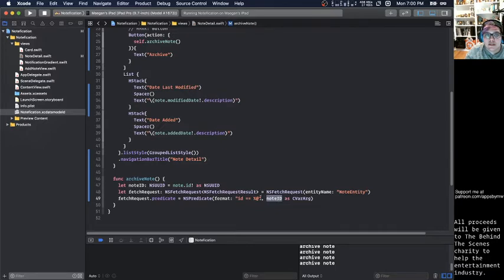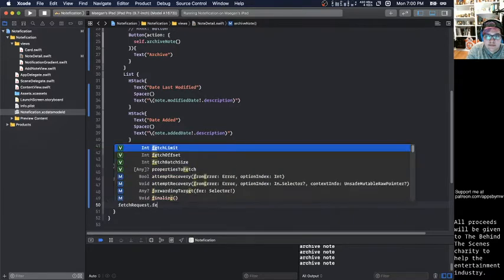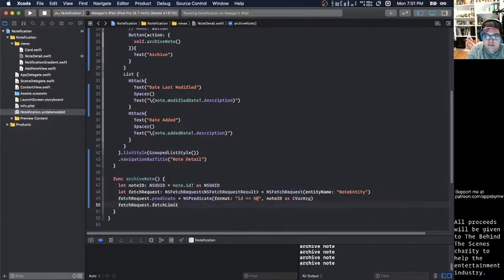So I said as long as we're only going to grab the note entities that are of this ID, and with those results, we only want to grab one of them at this point. Cool. So we say the fetch limit is equal to 1. So now we're going to say,